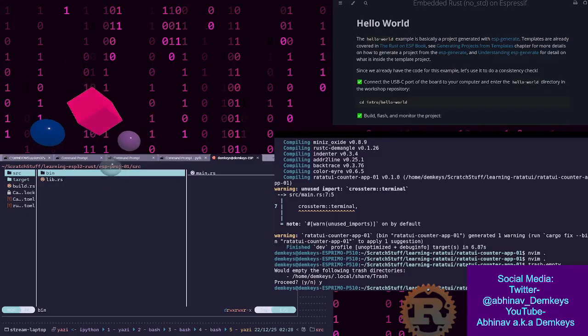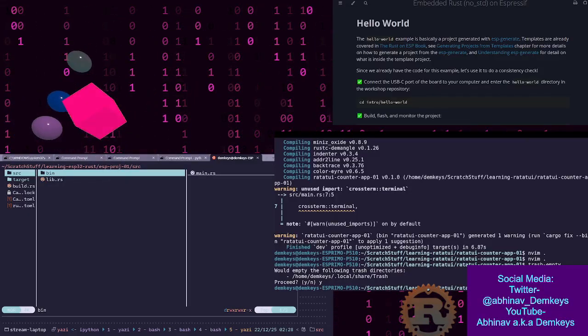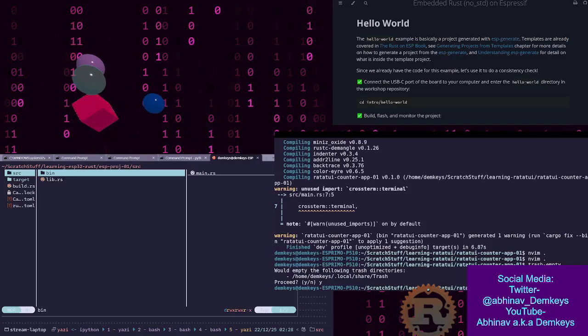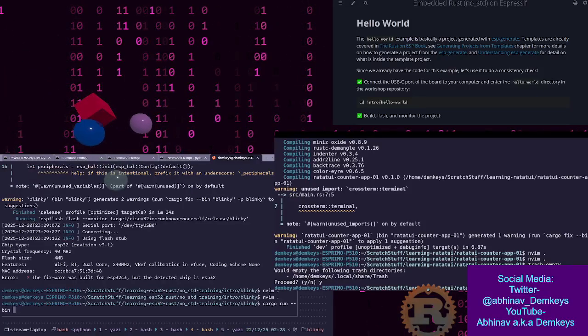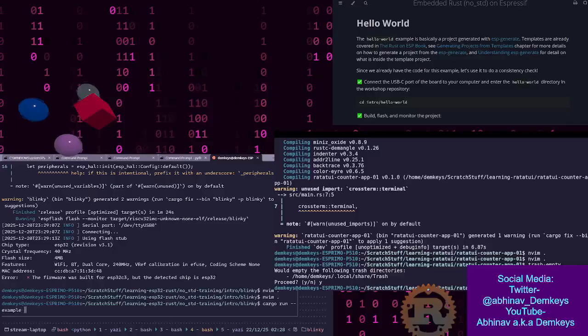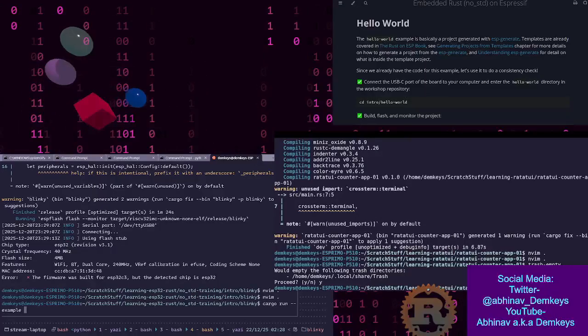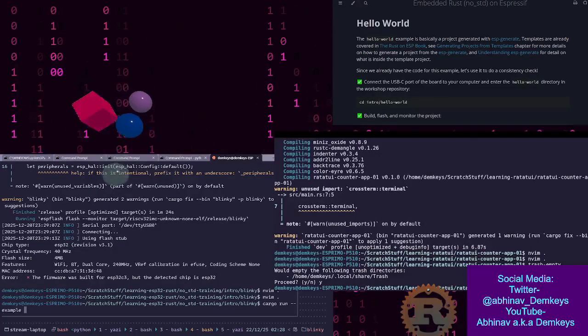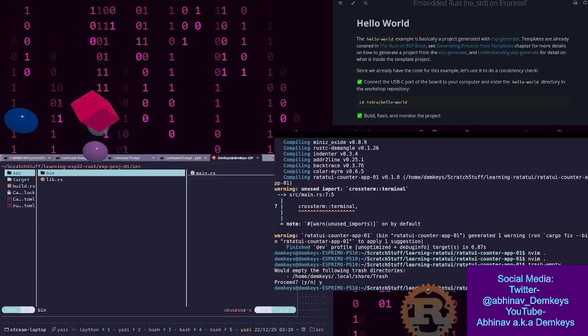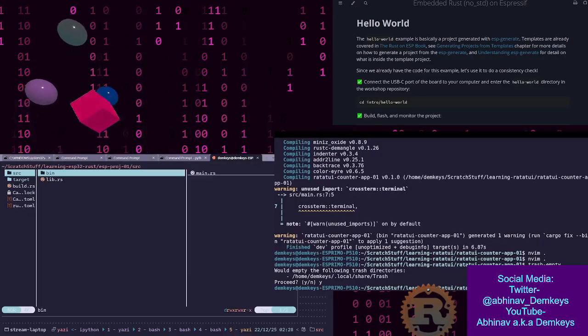This was new information for me because I didn't know you could do this. I knew that there's an examples thing, which is why you are also able to do examples and then give the name of one of the directories in there, and then you'll be able to run